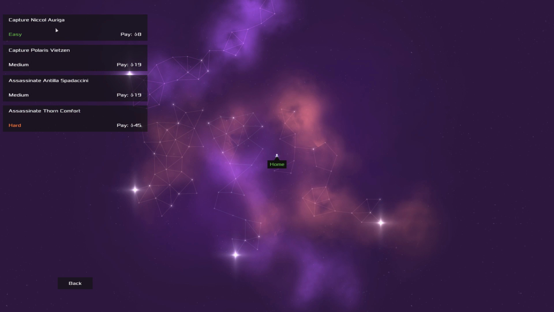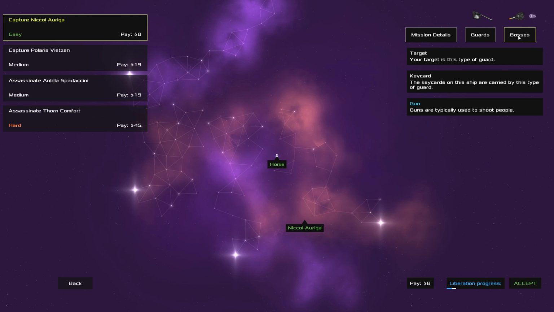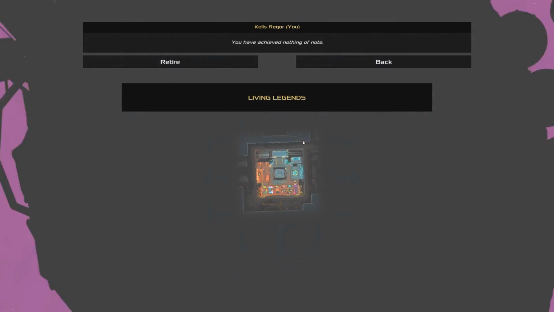I think we'll probably go for... Let's go for another easy mode mission, just to kind of see how it goes. There's no alarm response. These guys have simple lethal weapons, and this guy has a gun. Okay, which is typically used to shoot people. Makes sense to me. Let's get out there into the big old...